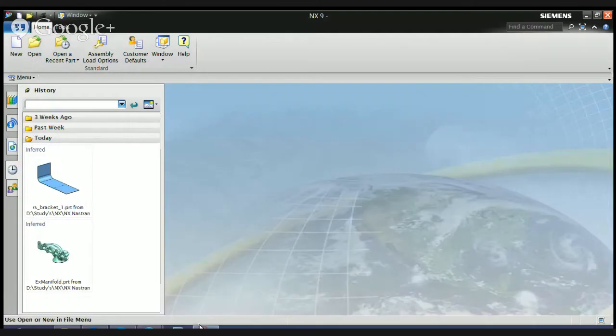Hi, welcome. Now we are going to discuss nonlinear analysis in Nastran. So, nonlinear analysis is nothing but checking the nonlinearity of nonlinear materials. So now,